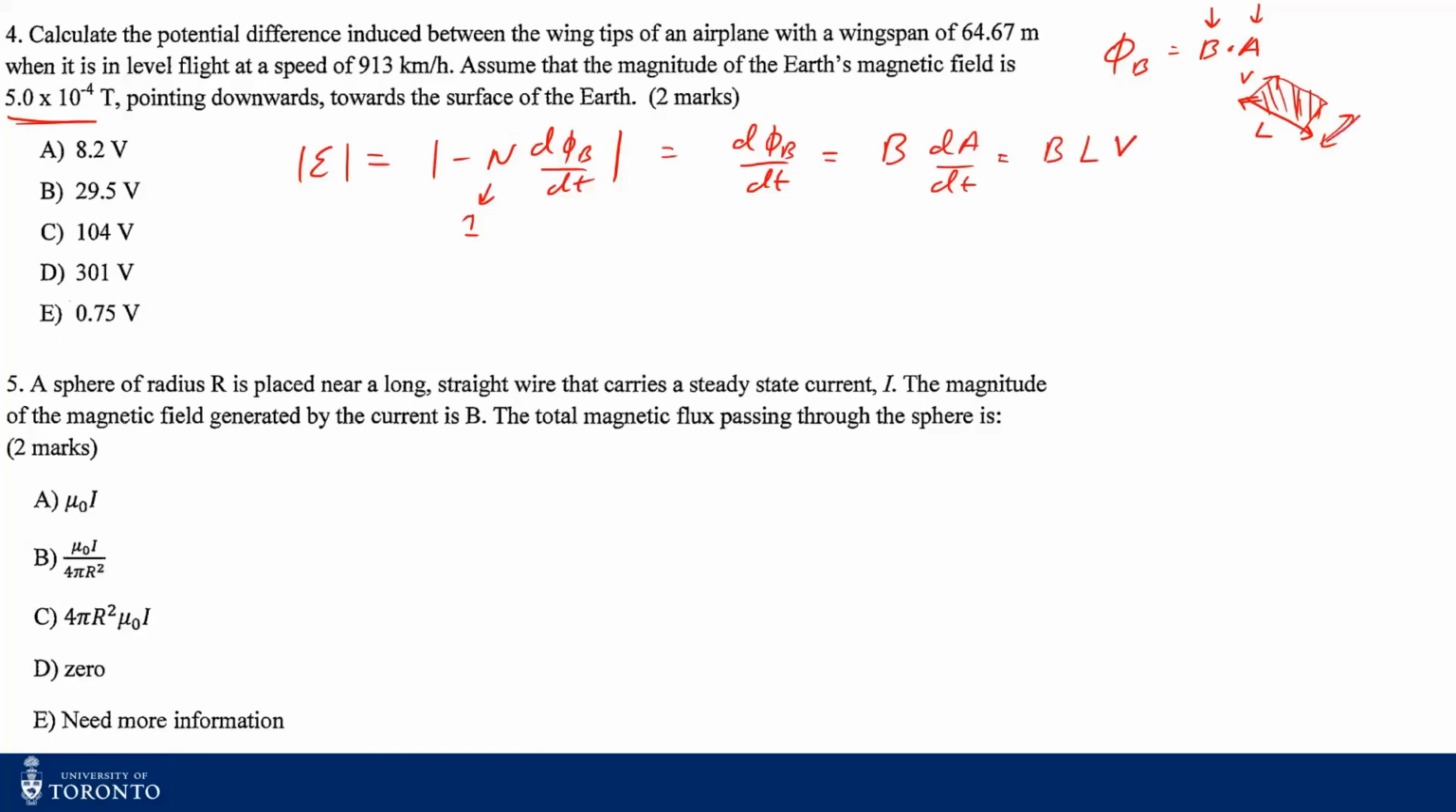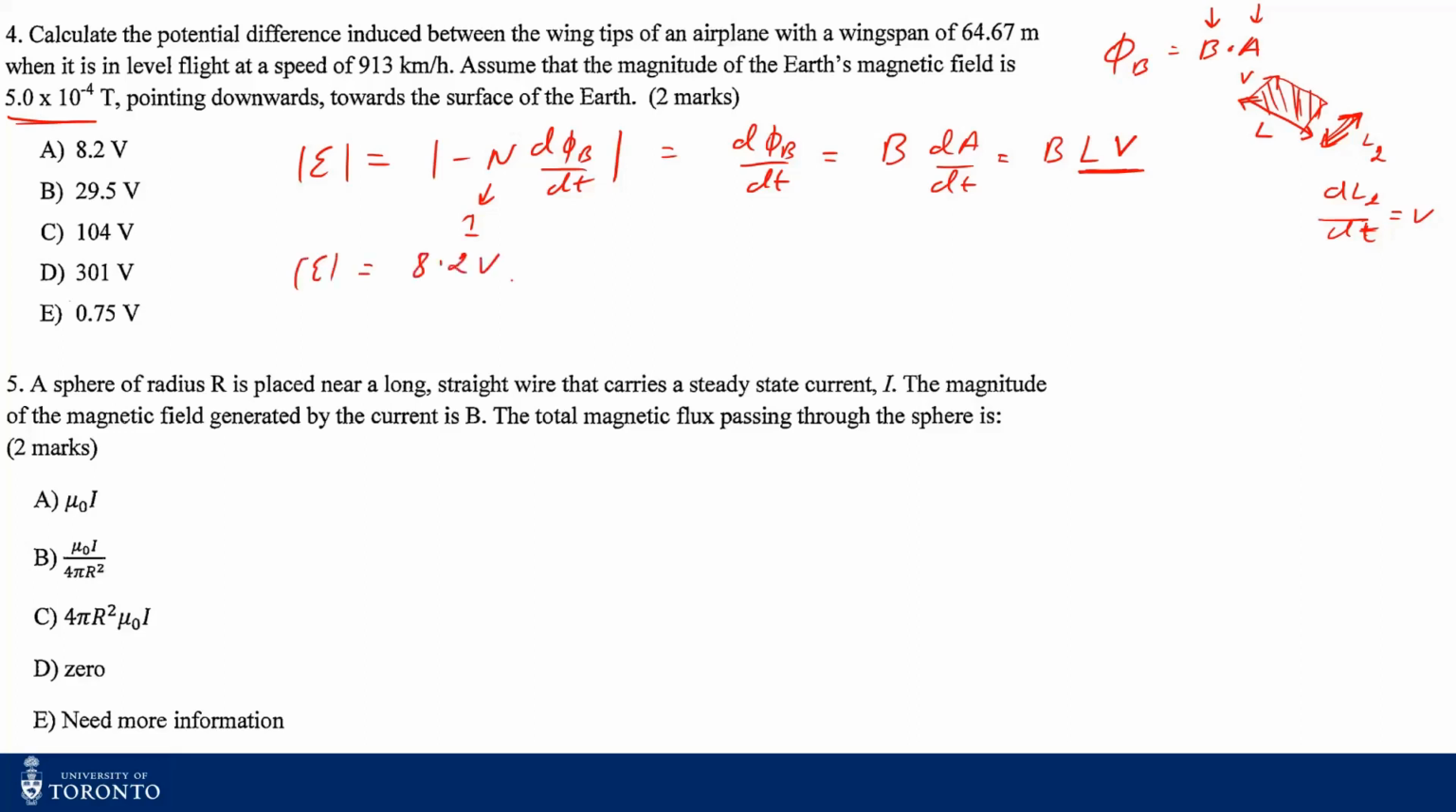So dA by dt basically means just L times velocity, right? Because this length is changing with time, if I call this L2, L2 is changing with time, so therefore my dL2 by dt is just the velocity. So that's why it's just length times velocity, which is the area. Now you have all the values. Now if you plug in these values, you'll get an induced EMF of around